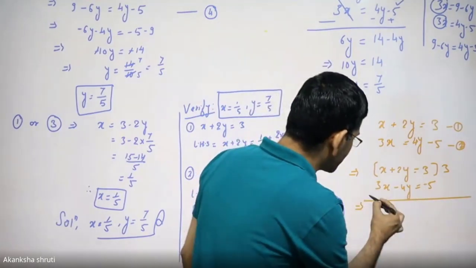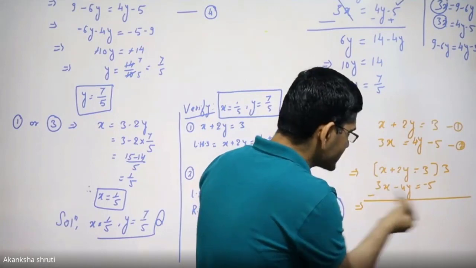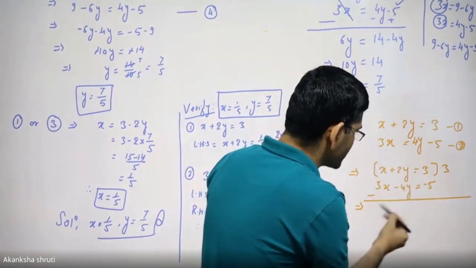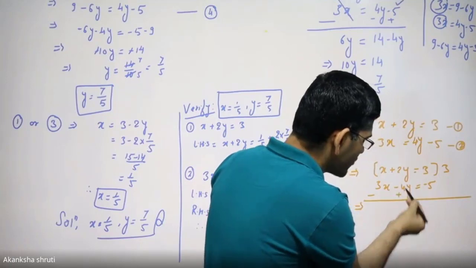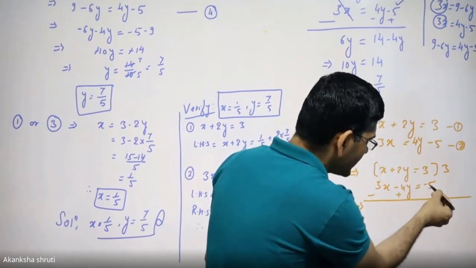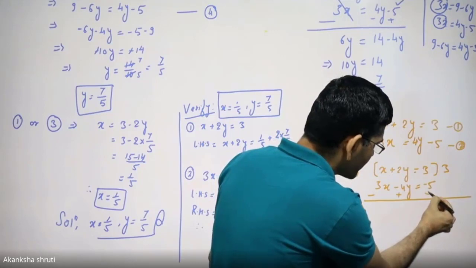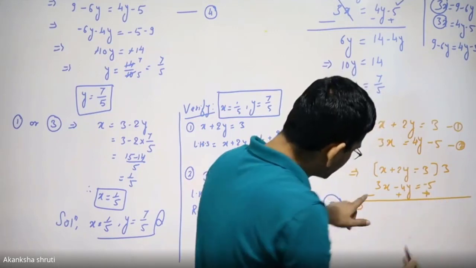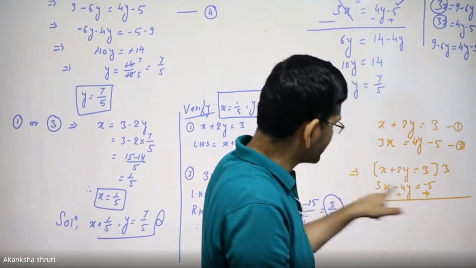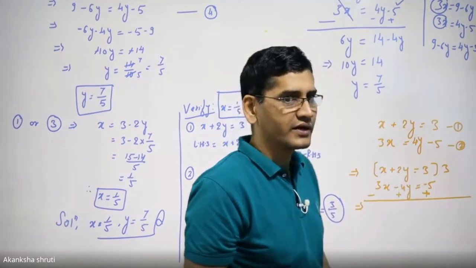So you need to subtract it. We change the sign of the second equation. It becomes minus of 3x. It is 4y now on changing the sign, and this minus 5 will become plus 5. Now for the operations we need to take these new signs, not their older signs. Okay, now